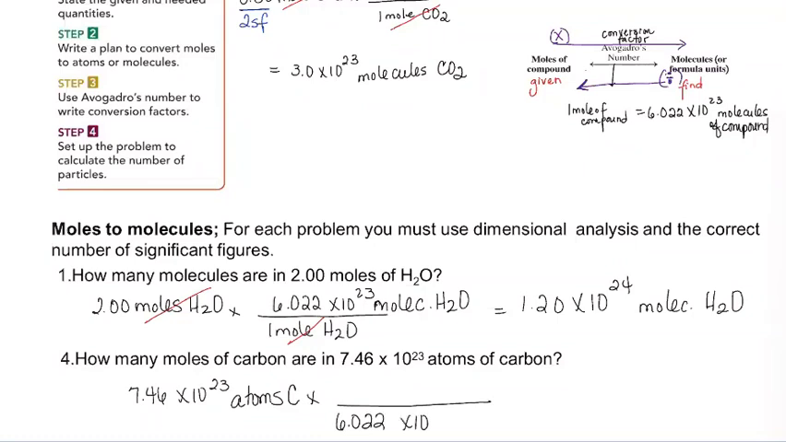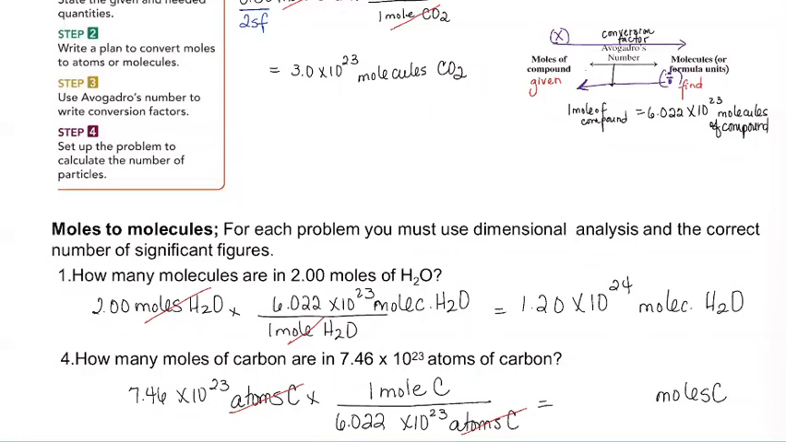6.022 times 10 to the 23rd atoms of carbon equals 1 mole of carbon. So when we cancel, atoms of carbon are going to cancel each other. So our final unit is going to be in moles of carbon. So when we do this, 7.46 times 10 to the 23rd, we divide it by 6.022 times 10 to the 23rd, and we find a calculator displayed that it is